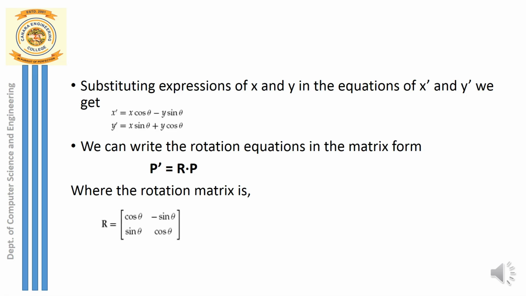Okay, so now the same thing I can write in the form of a general equation. So what is that general equation? You can just see here the left hand side of the equation represents x dash and y dash. So finally, these coordinates represent the new point after rotation, and that I can write as p dash. So p dash in general will be equal to x cos theta minus y sin theta, and here again x sin theta plus y cos theta. Can I write this entire thing in the form of a matrix? So generally, I am writing p dash is equal to r into p, where r represents one matrix. So what is that matrix? So that matrix is given by this.